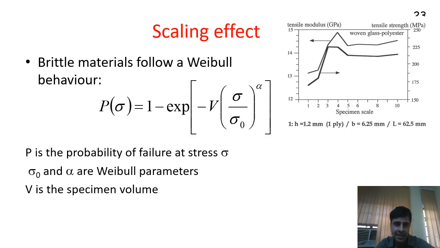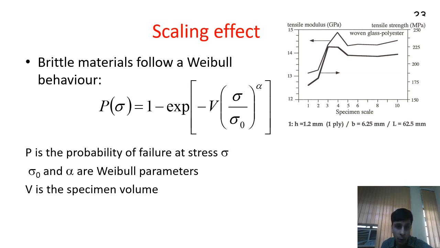The scaling effect says that if you have a brittle material like glass fiber, then they will follow a Weibull distribution, which says basically that if you take 100 fibers and test them, fibers are usually brittle, the strength and the modulus will not be constant, you will have some variation, and this variation is following a Weibull distribution. And you can calculate the probability of failure at stress sigma by using a formula as given in the slide, where sigma 0 and alpha are your Weibull parameters, which are experimentally determined by a large number of samples, and V